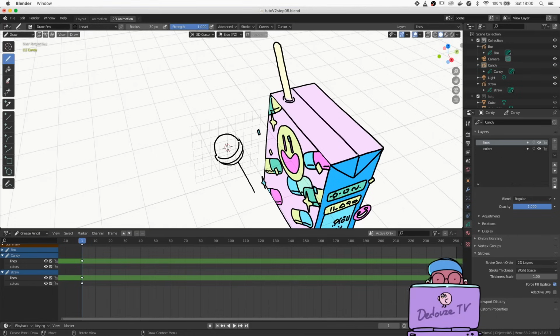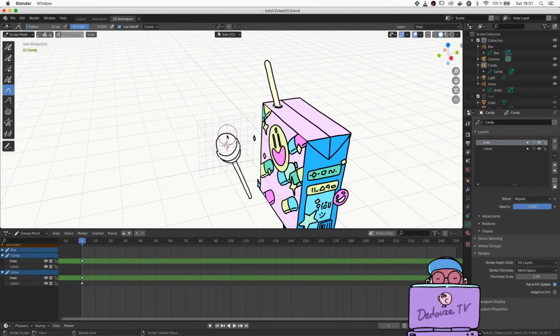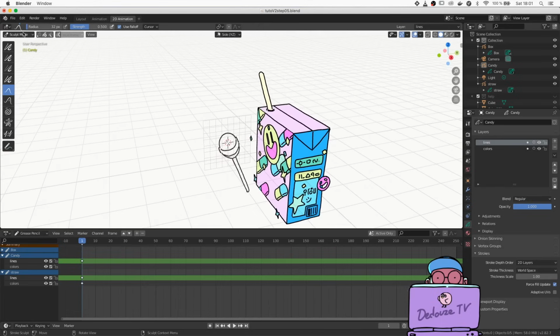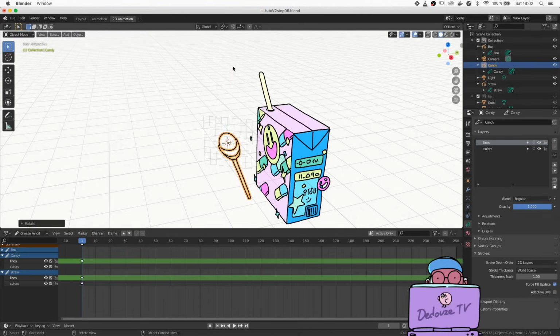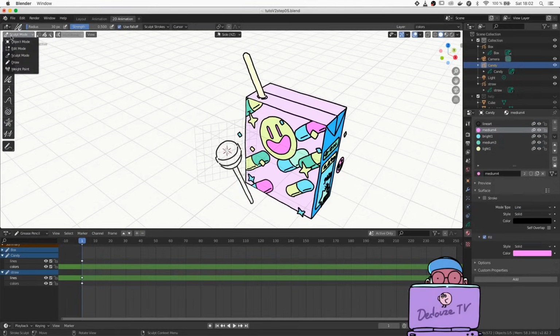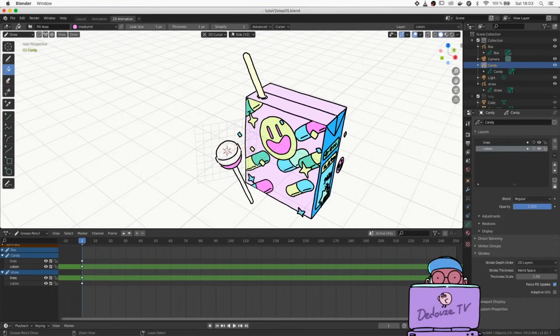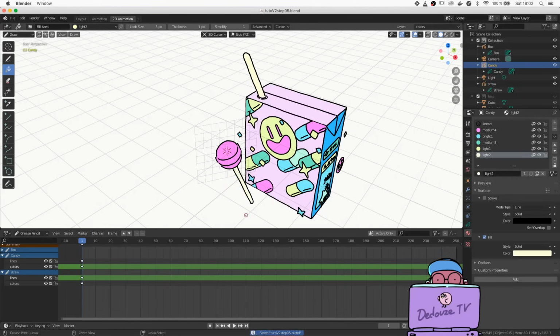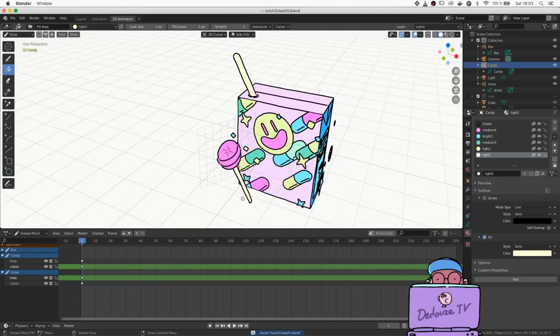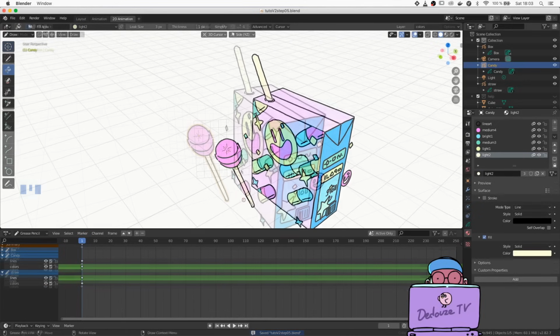Check the perspective occasionally and use the sculpt tool to adjust the shape if needed. Now in object mode, select the drawing, press R and then Z to rotate on the Z axis, or you can also use the X or Y keys if you want. Once you've rotated the object, switch to draw mode to paint the drawing. Of course, check that you're in the right layer with the right color, and also check that the canvas is in the right orientation. So now you know how to do this for as many objects as you want.